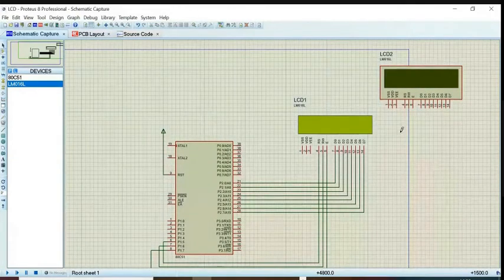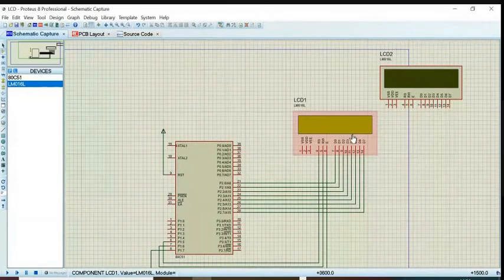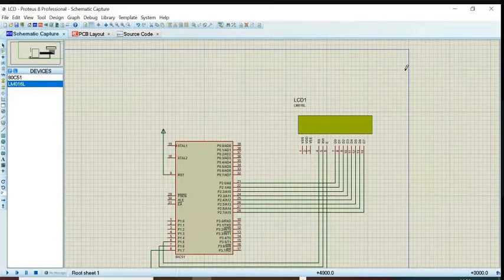This is your LCD display. I don't know what happened to this. LM016L. Okay. I'll run the program. Otherwise, I'll select this LCD display once again. I'll do it. Okay. VSS ground.